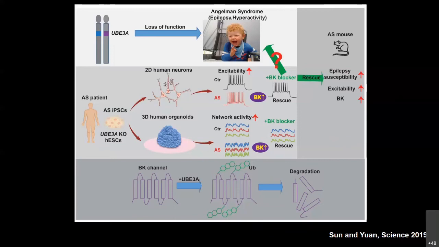But really, what we are doing differently is we use this transdifferentiation or direct conversion protocol, so our neurons are really functional. That's very different from the traditional protocol where you have to culture the neurons for a long term, and still many of the neurons do not fire, or some of the neurons fire a lot. It's electrically more active than the others. We don't have that. So in this case, the functional maturity of the neurons really helped us to uncover this novel phenotype. That's what I believe.